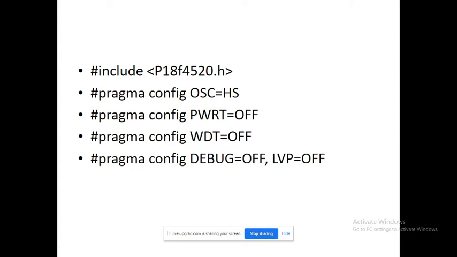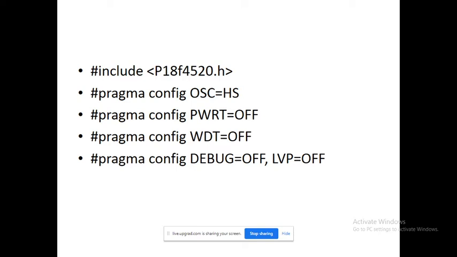Means, for example, suppose you turn on your controller. In that case, the initial voltage is 0 and when you turn on the controller, it will move to a specific voltage, for example 5 volt or 3.3 volt, whatever. Immediately it will not move from 0 to the specific voltage. It takes some time, settling time. Means some overshoot and undershoot is there, and after a specific settling time it gets settled to the specific voltage, for example 5 volt or 3.3 volt, whatever it is. Okay, means some settling time is necessary.